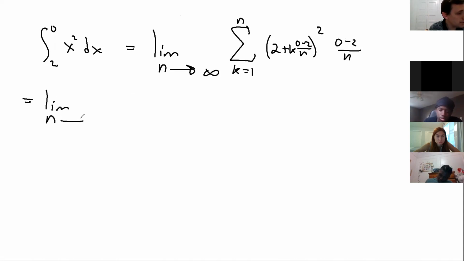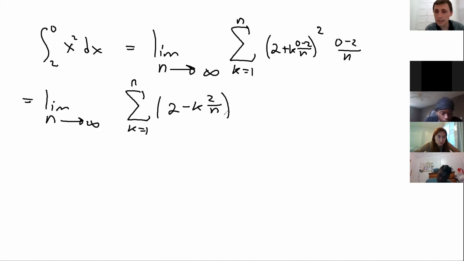I'm going to get the limit as n goes to infinity. And here I have the summation k from 1 to n of (2 minus k times 2 over n). You see, I just made it minus k over n. And here I have minus, and here I have 2 over n. Do you agree? Squared. And then, of course, I can either change it, since I understand what it means, or I just deal with it directly. So this is the limit as n goes to infinity minus